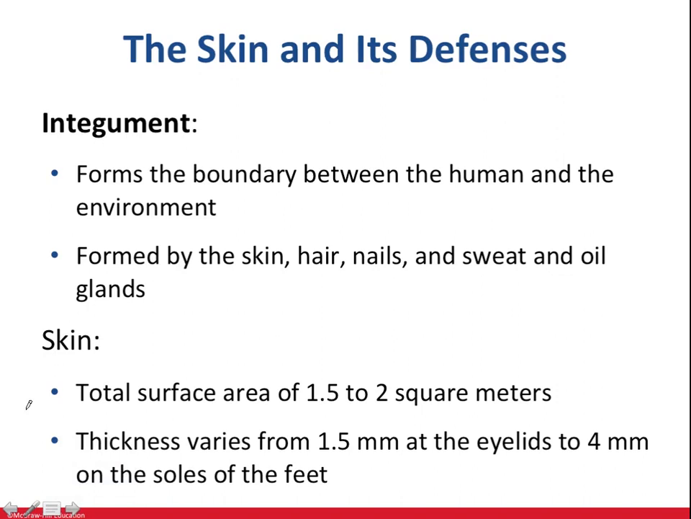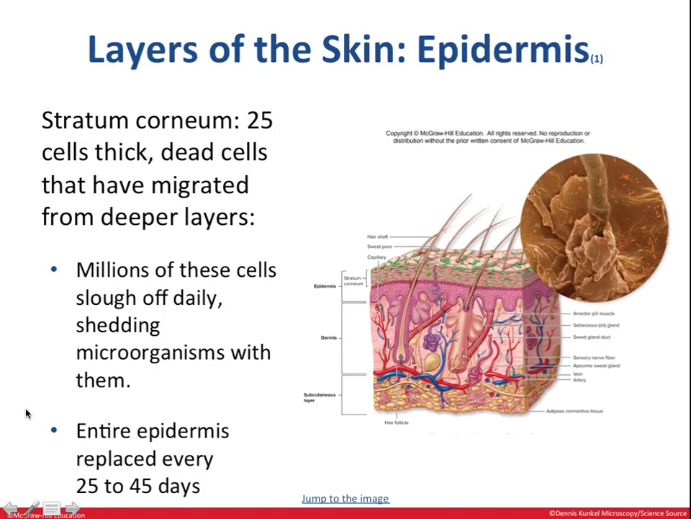The total surface of the skin is about 1.5 to 2 square meters, and the thickness is 1.5 to 4 millimeters. Let's take a look at this diagram. This diagram shows the structure of the skin. The outermost layer is the